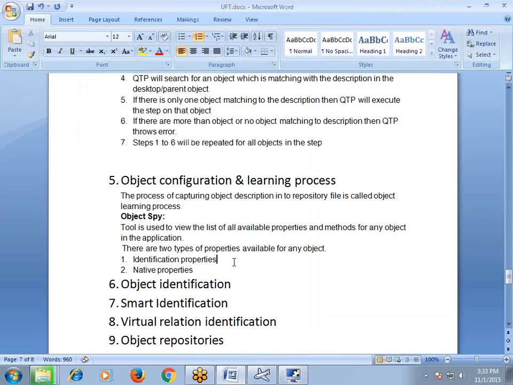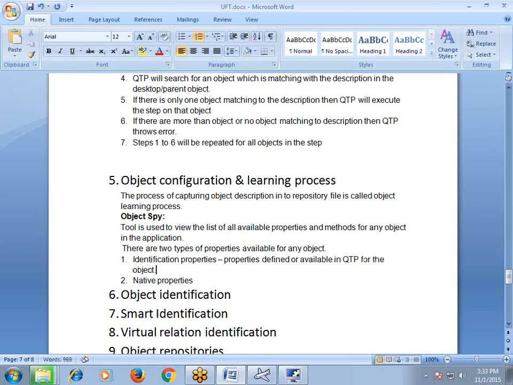What is an identification property? Identification properties means properties defined, or I can say available, in QTP for the object. Are you clear? So QTP can use these properties